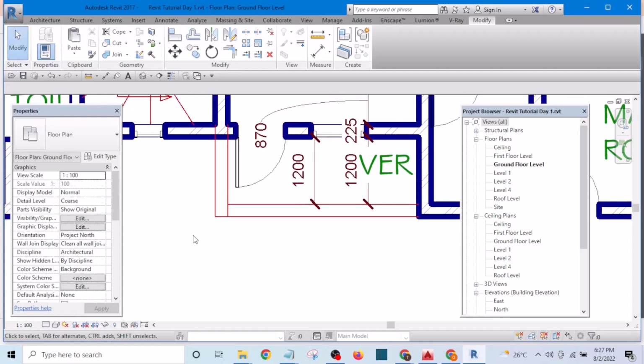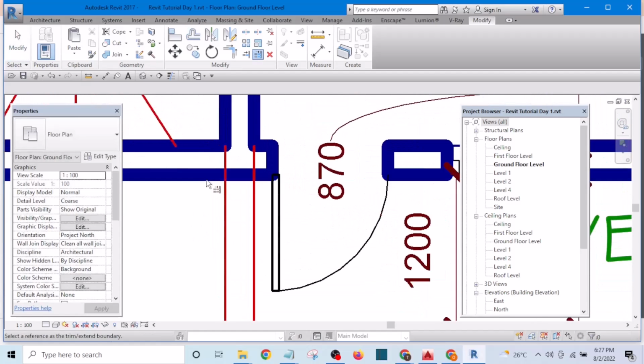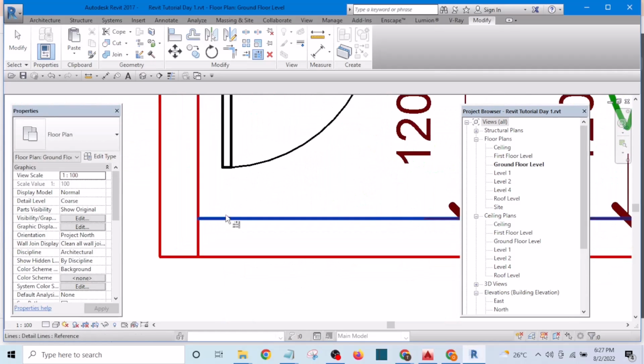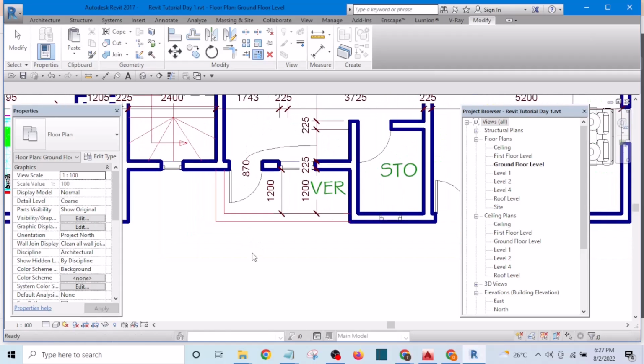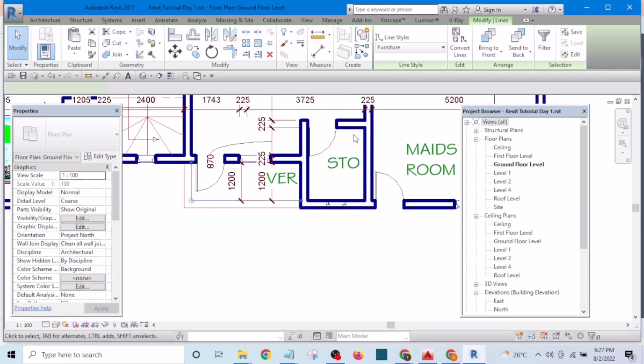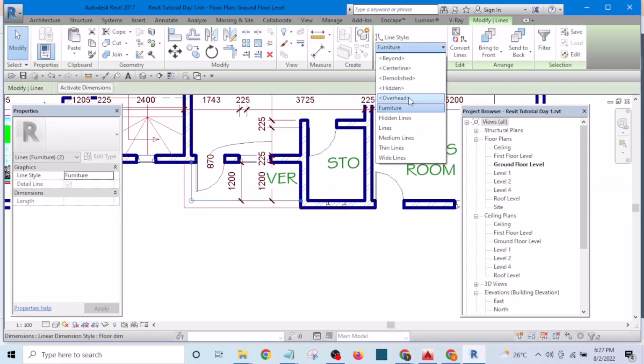Then use extend to clean this place up, and I can bring this one there. I select these two that are inside and make them overhead,